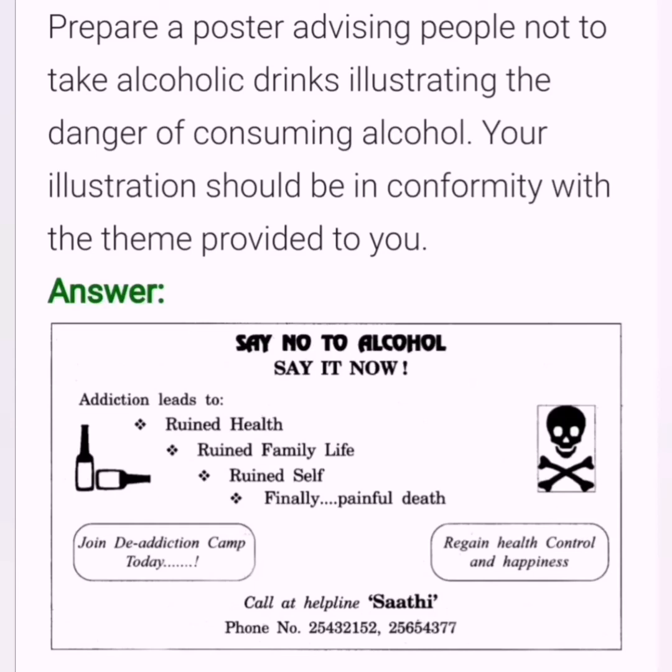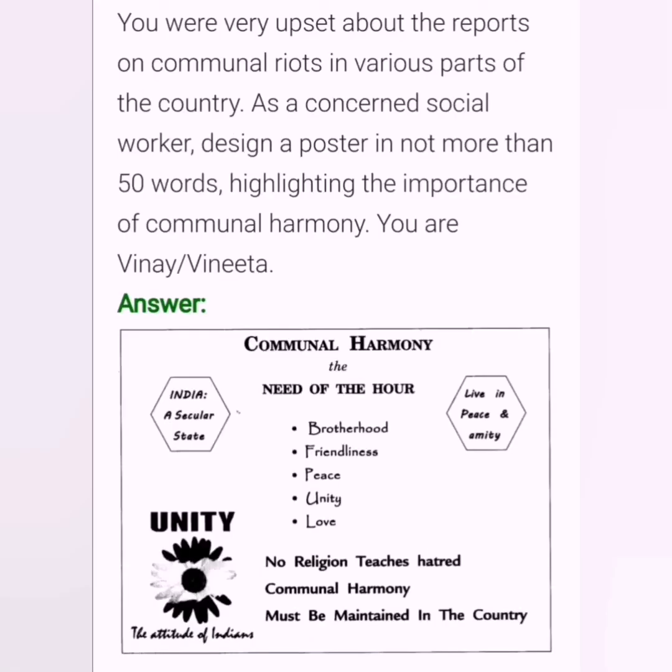Okay, so these are all great posters shared with you. I'm sharing them with you to give creative ideas to you. I know that you all are very creative minds and you have great thoughts within yourselves. Please put them in a creative way and let them be interesting as well. So, this is another poster on communal harmony. Okay, how people should stay united.